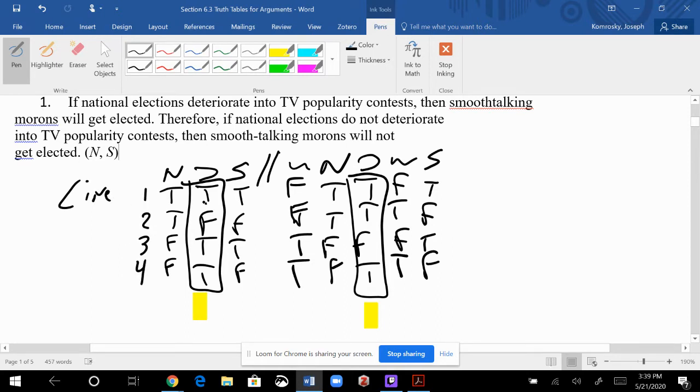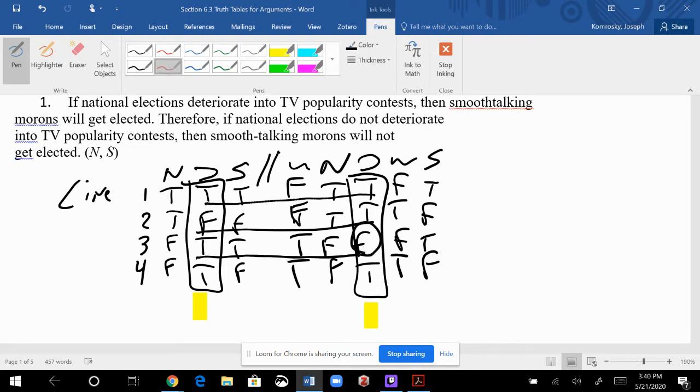We're going to go across. Do we have a premise that's true with a false conclusion? No. Do we have a premise that's true with a false conclusion? No. Do we have a true premise with a false conclusion? Yes. Bingo. So he wins the prize of being,